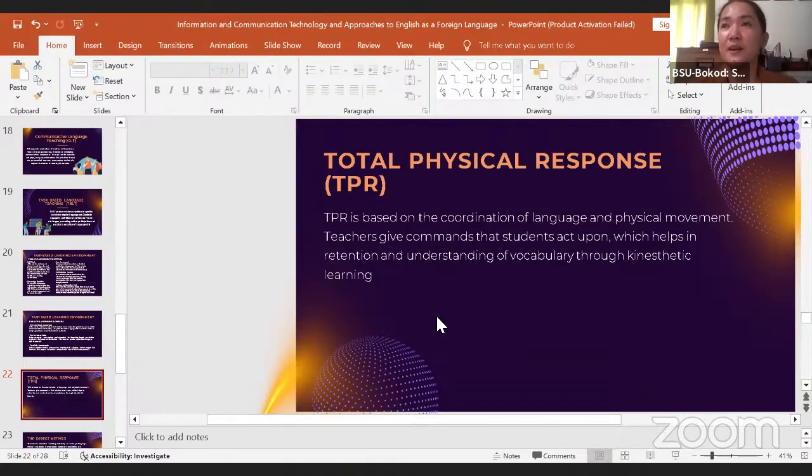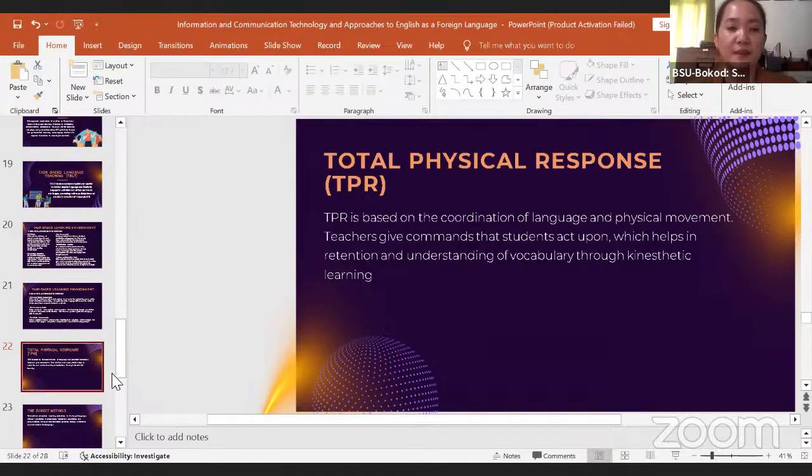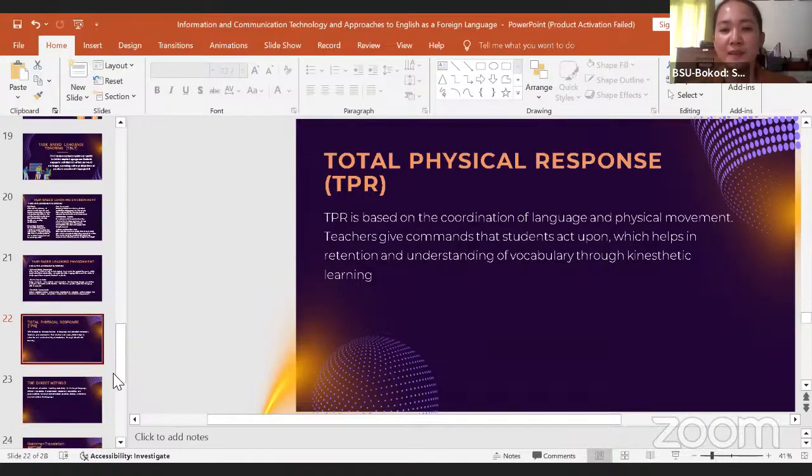For example, you run to the right door, you close the door. It's just basic, but the kindergarten learners usually learn. But if you apply this to higher years, they would not appreciate it. Because we are in the ESL, where the medium of instruction is English, sometimes the TPR isn't much appreciated.